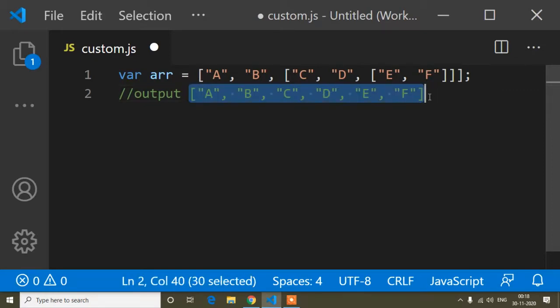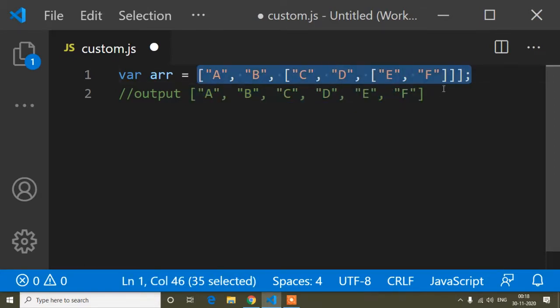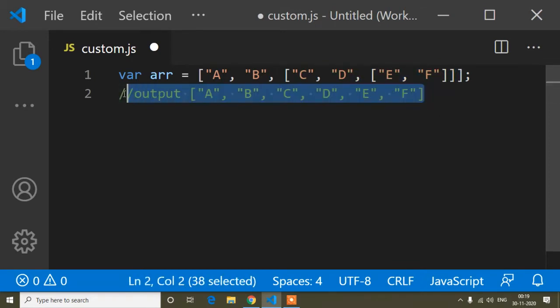So this is a new array, and it is created from the elements of the sub arrays, because here you can see they are sub arrays. This output we can bring by using the array flat method. Now I will show you the syntax of the array flat method. I will copy this array because I want to use the array flat method on it.